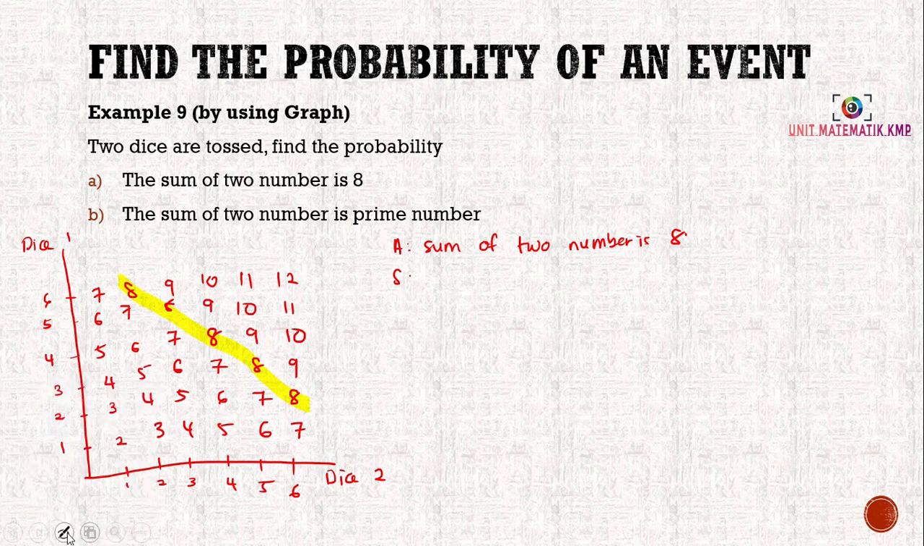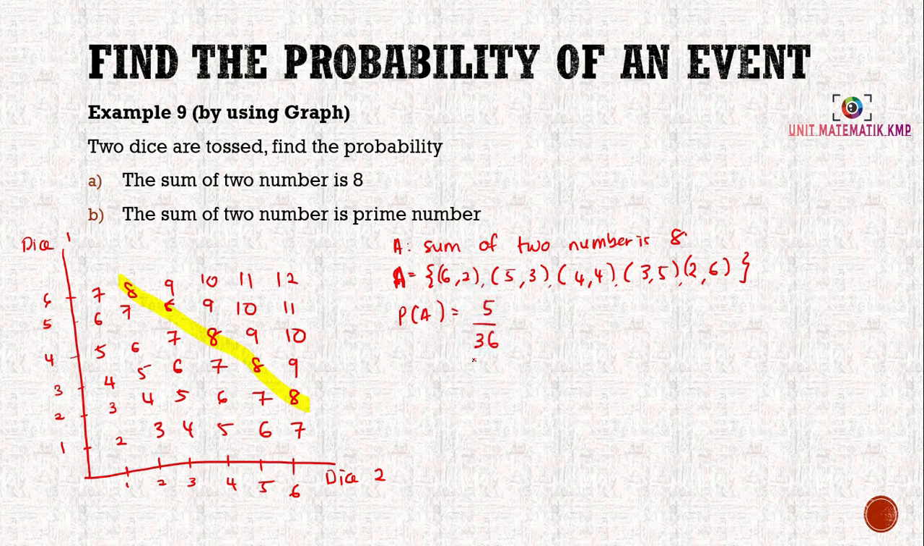So the sample space is, okay, so we can have a 6 2 and then 5 3, 4 4 and then 3 5 dan juga 2 6. So this is the sample space for A. Not sample space, this is A, event A. So the probability of A is 1 2 3 4 5 over